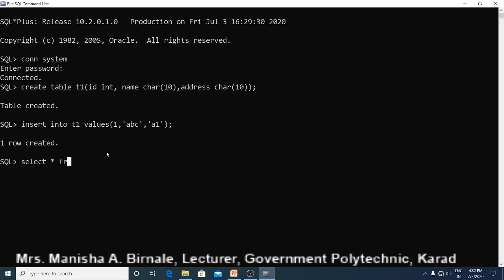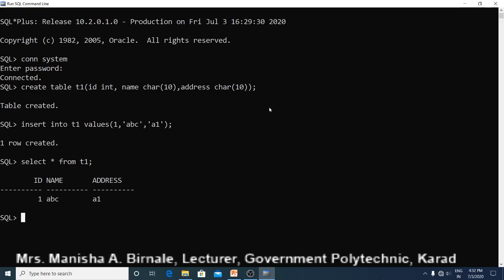Select star from table name T1. So you can see one record in the table, but this insert command is a DML command, which is not an auto commit command, meaning changes made by this DML command are not saved permanently in the database automatically.